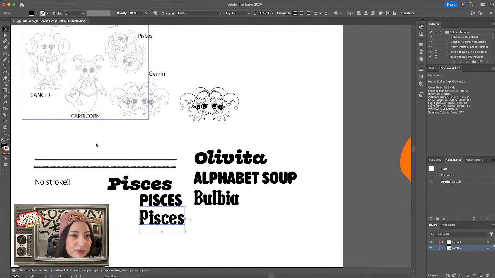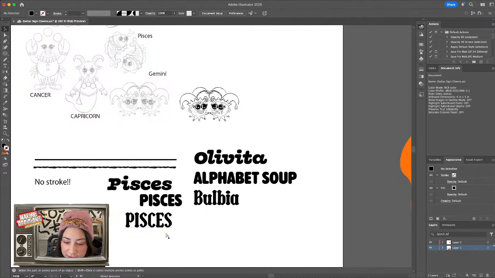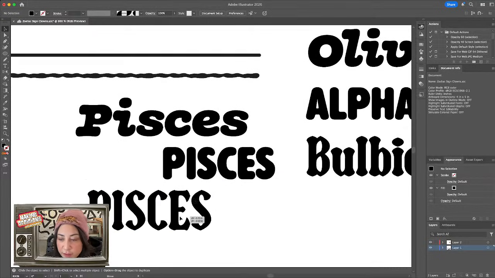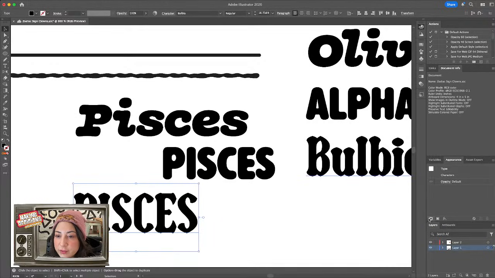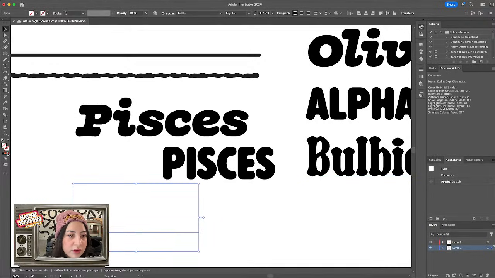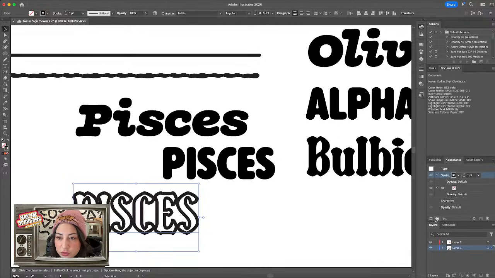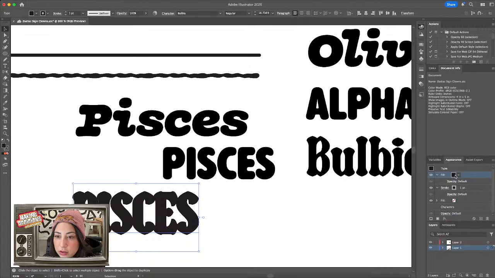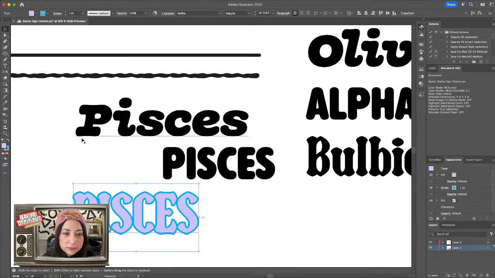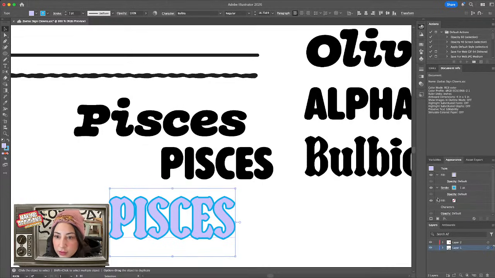And I'm wondering if, let's do type, change case, uppercase. I do like this. It's giving circus, this bottom one. What I'm going to do either way is go to the appearance panel, and first let me shut off all of the visuals and add a stroke and add a color. And I'm going to start playing around while we still got some time. I'm going to duplicate the stroke here,